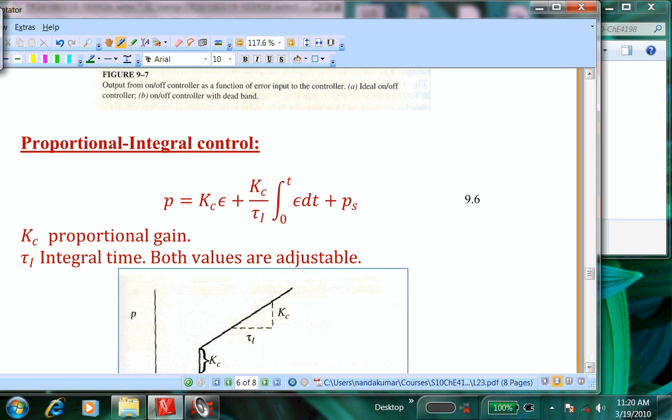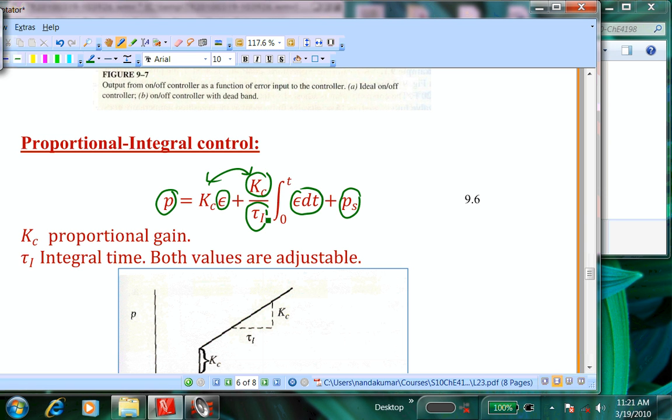Proportional integral control. Okay. So now we're talking about controlling a valve. So the valve output is the steady state value plus the error, one part that takes care of the proportional response, the other part that takes care of the integral of the error. And always we have been writing this as simply Kc. The same Kc goes in both places, and this is tau I. But effectively there are two constants for a proportional integral controller that a control engineer must design or tune in an operating plant. You have to select what is the best value for Kc and what is the best value